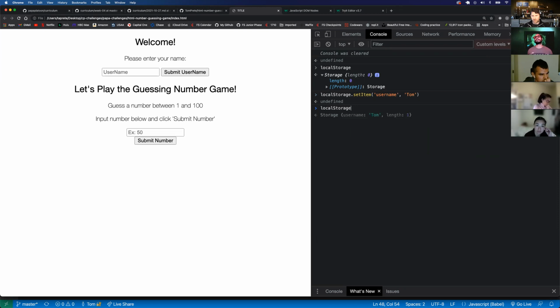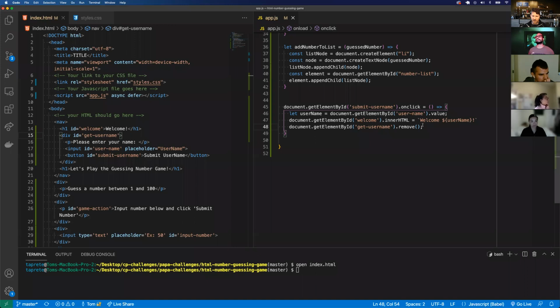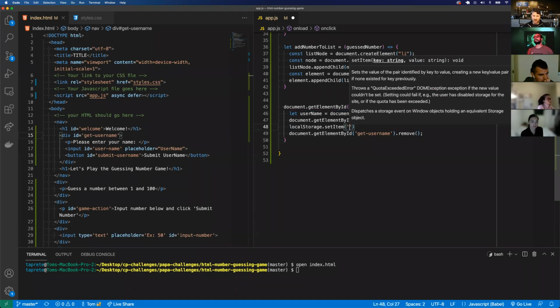So now if I look at local storage, I have a key of username and a value of Tom. So what I can do when I visit this and type in Tom and submit username, I can access the local storage in here. I can access local storage by typing localStorage.setItem. So instead of here, I can actually do localStorage.setItem username,